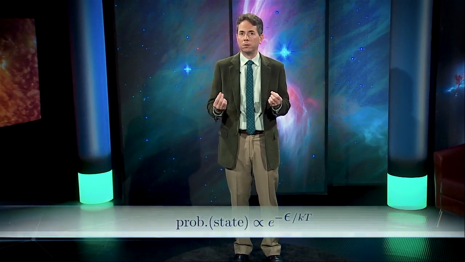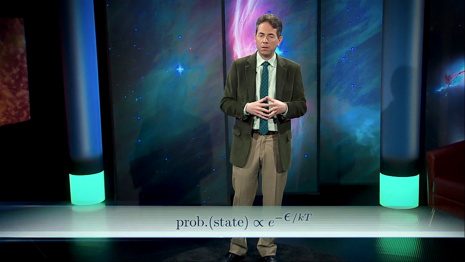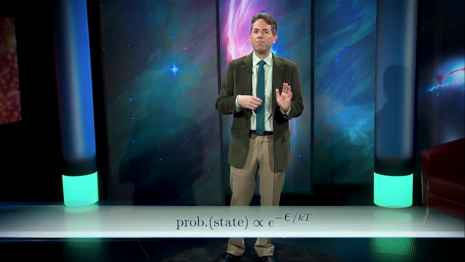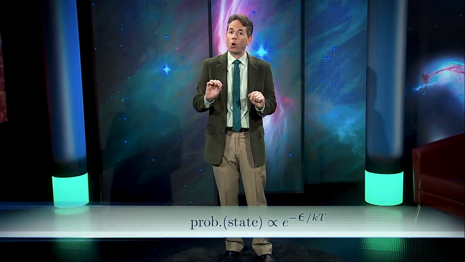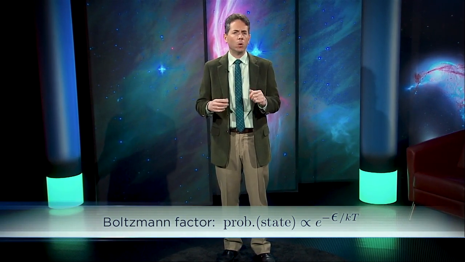A fundamental rule that emerges from classical statistical physics is that the probability to find a particle in a state with an energy of epsilon is proportional to e to the minus epsilon over kT. It's an exponential function, and it's called the Boltzmann factor. What does it mean? It means that the energy will almost always be on the order of kT. Much larger energies are vanishingly rare because of that exponential fall-off. The particles tend to share the energy equally. There's very little chance that one particle is going to end up with a disproportionate share of the total energy.